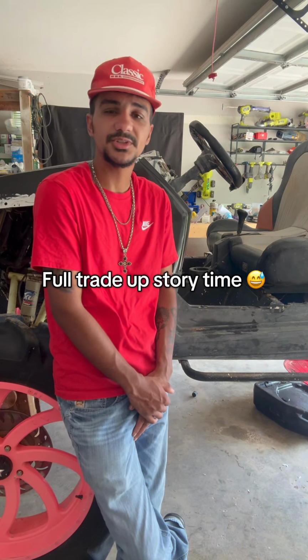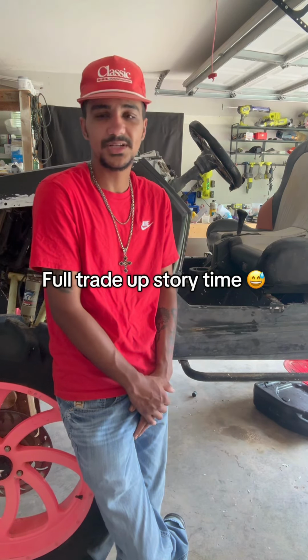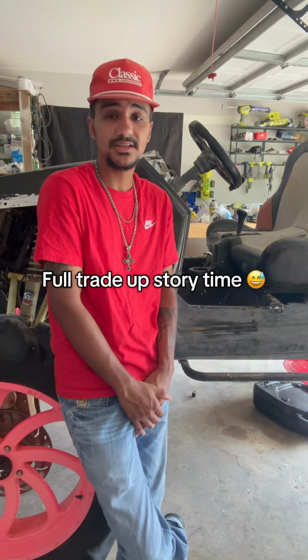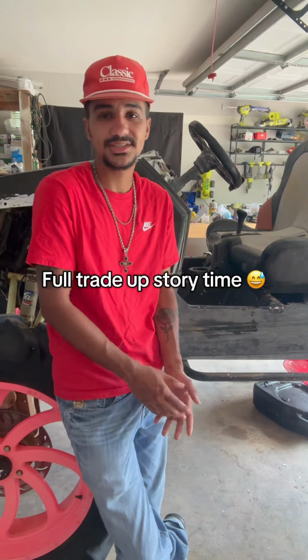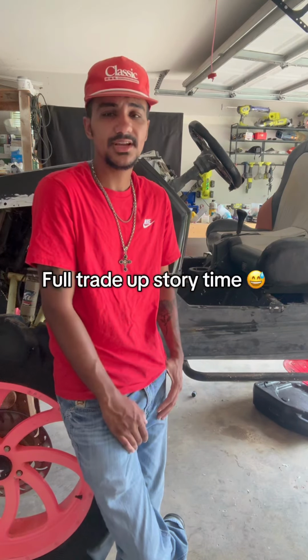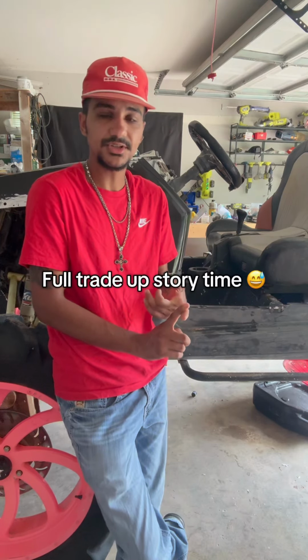This dude messaged me with this RZR, and I was like, well, sure, because this is what I really wanted anyways. When I started doing all this trading stuff in the first place, I really wanted a side-by-side. Never had one, so I wanted to see if I would even like it, and I didn't want to spend thousands of dollars trying to get into one just to find out that I didn't like it. This dude hit me up. I was like, sure, seemed like a real no-brainer at this point. Like altogether, money-wise, I spent 600 bucks 6 years ago on that Pew